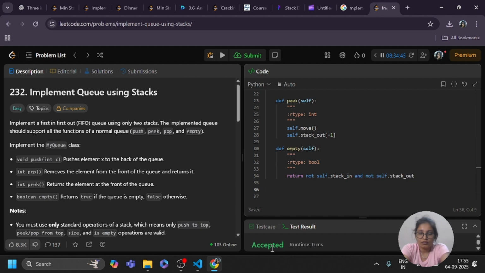So I need to create another function, move.